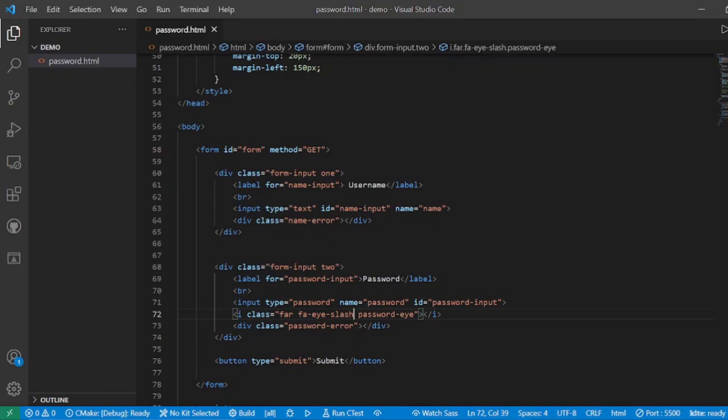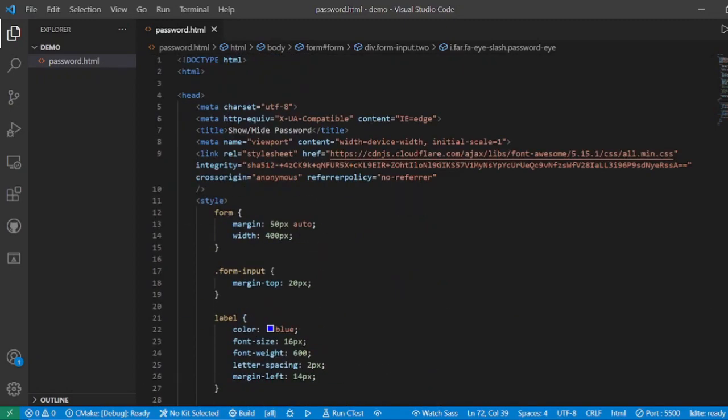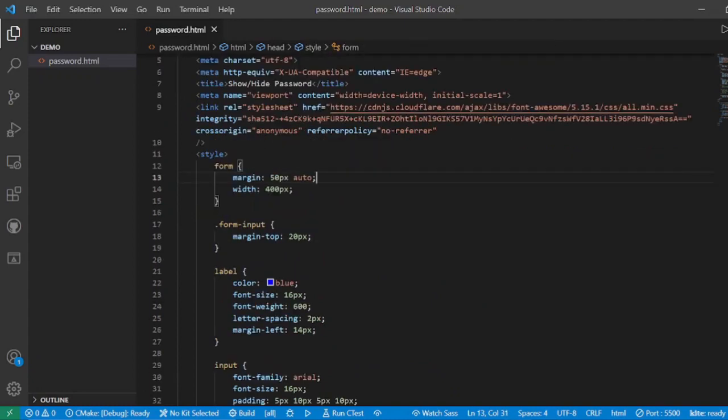Okay, now let us come on to the style. I have kept the style simple since this is not a CSS course, but let us review the styles. So the form has a margin of 50 pixel auto, so it is 50 pixel from the top, and auto it is aligned in the middle, with a width of 400.